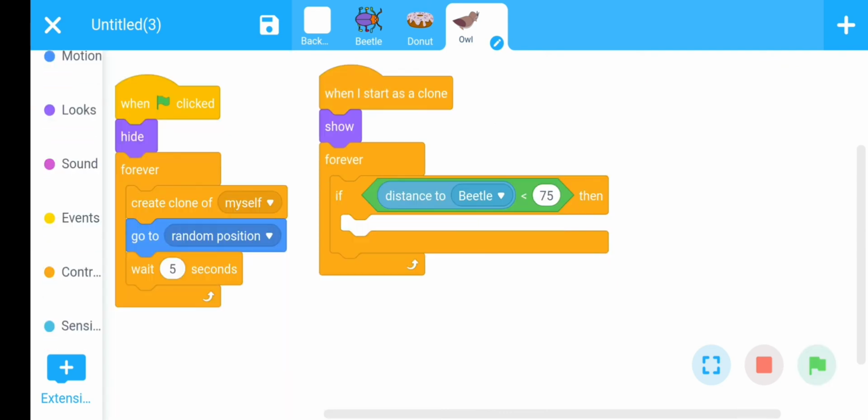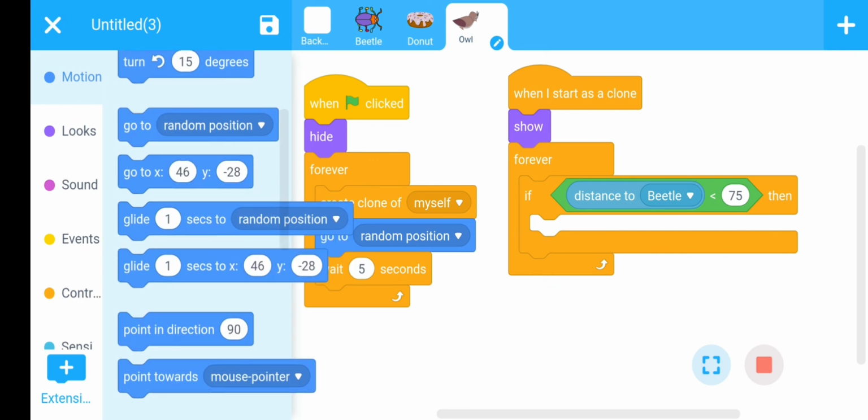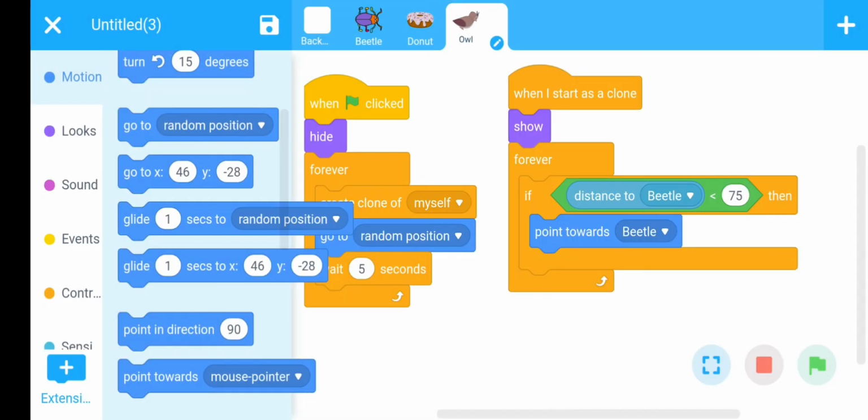For this, go to the motion section. There is a command point towards mouse pointer. Replace mouse pointer with beetle and check this code again.